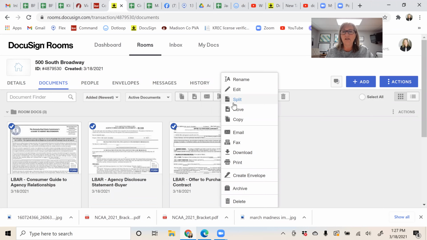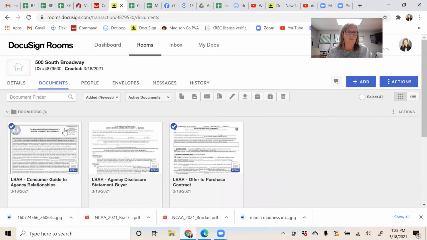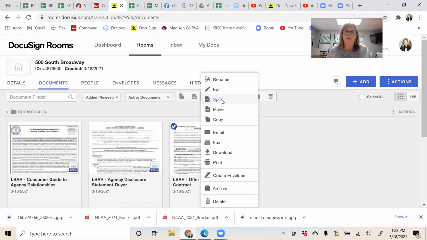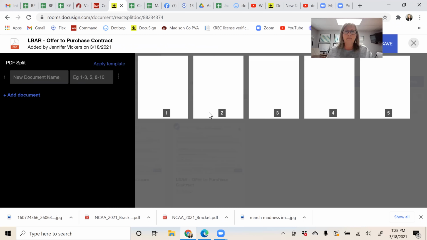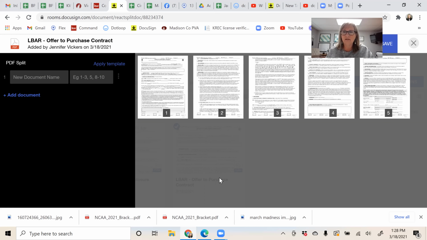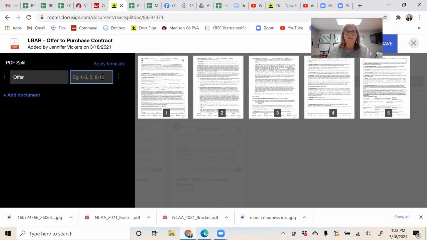And I will tell you, this split document is so much better than Dotloop's splitting, because in Dotloop, you have to write down like page 1 to 3 is this, page 4 and 5 is this, page 6 and 7. Here you can actually see. Let me show you. Let me just do this one, just to do a split. You can actually see the pages, and give it a second, it will show up so that you can see what these documents are. Let's say these first 3 are the offer. I can put in here offer, and I can put here 1 through 3,